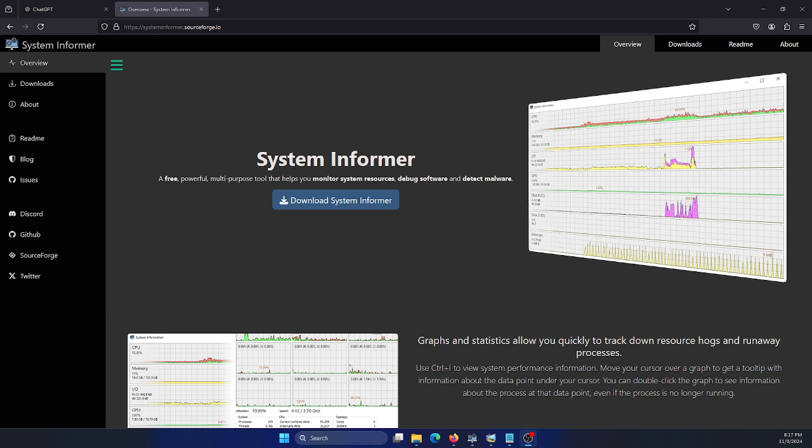So you can look at the CPU, the memory, the GPU performance information. You can look at processes running on your system, services. You can even look at the firewall on your system in real time. You can also use their tool to look for hidden processes, and that can help you to discover malicious activities